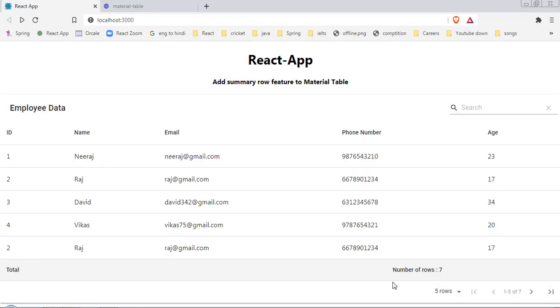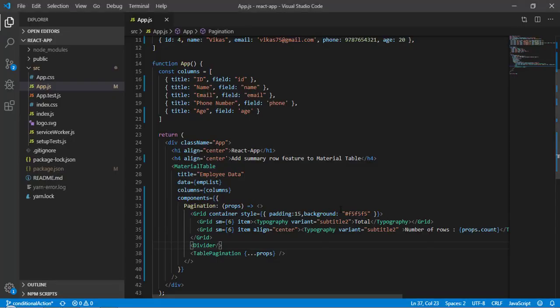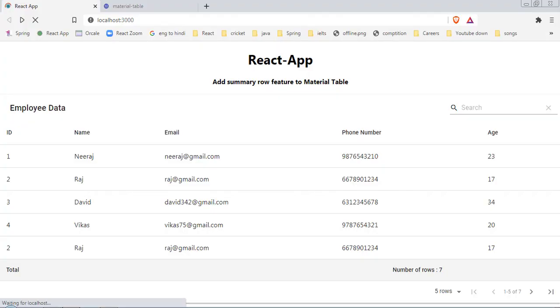Now as you can see, we have this line below. If you want to change this color and you don't want to provide any color, remove that background color property, and now you will have white color only. And this is bolder, so you can definitely identify that this is our summary row.